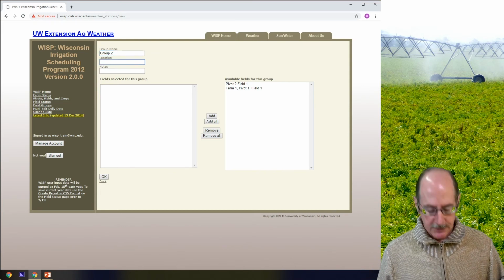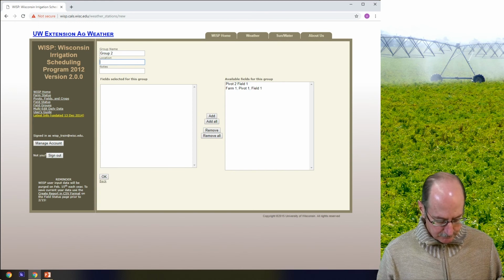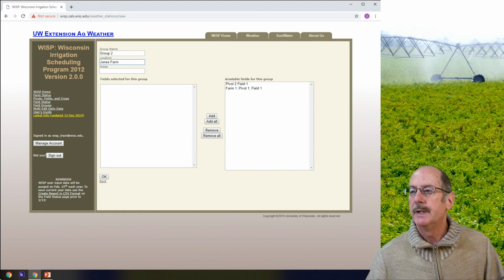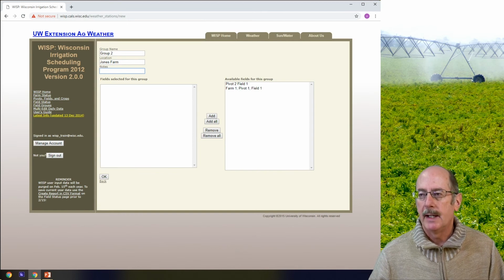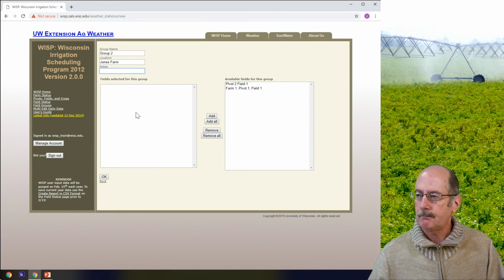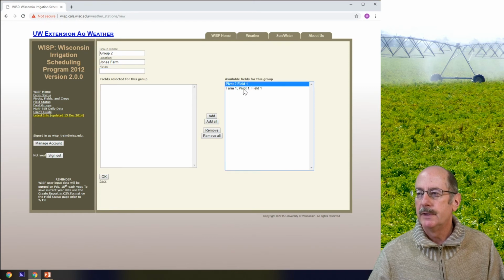Location again is optional. Use whatever has the most meaning to you and is the most valuable to you. And then any notes that you might have about that field group. So then you can come over here and select fields. You'll have a whole list here of all of the fields that you've created in WISP.